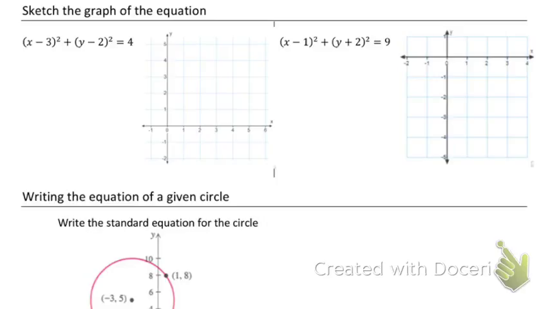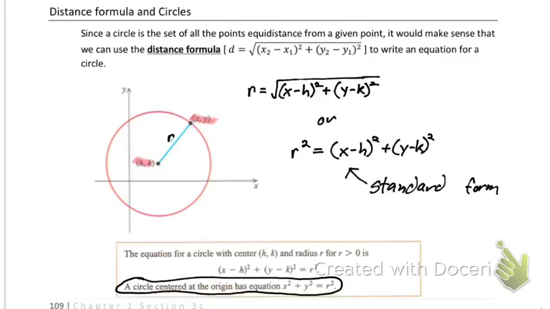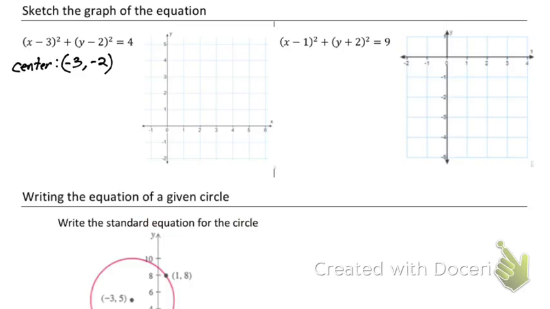These aren't so bad. These are sketch the graph of the equation. Now, the biggest mistake you're going to make, and people are going to do this, is you're going to say the center of this circle is -3, -2. If you wrote that, you're wrong. That's not right. Because the formula actually says x minus h. So whatever this h value is, it should have a negative outside of it. So in fact,